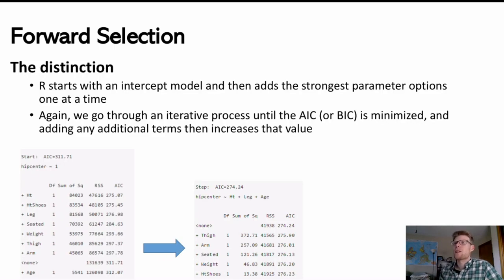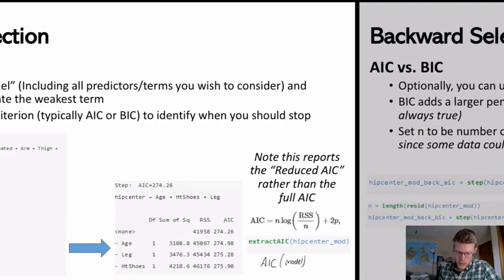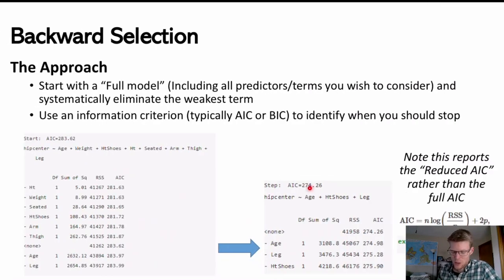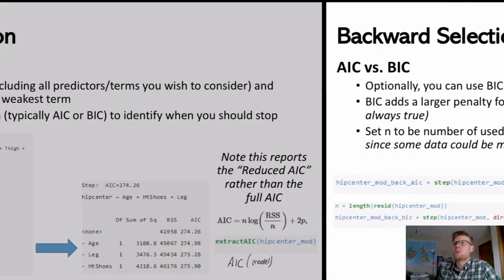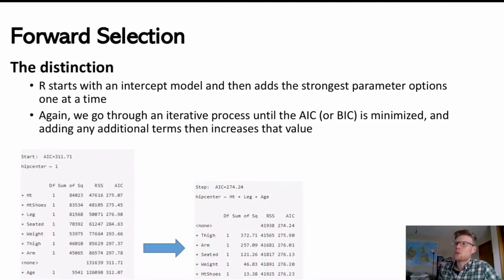And so one thing that I might do is look at this AIC value and see that's 274.24 and compare that to this AIC value of 274.26. So maybe this one's a little bit better, but I could use some other measures like LOOCV RMSE as another kind of comparison to see which model has a stronger predictive power when looking at non-fitted data